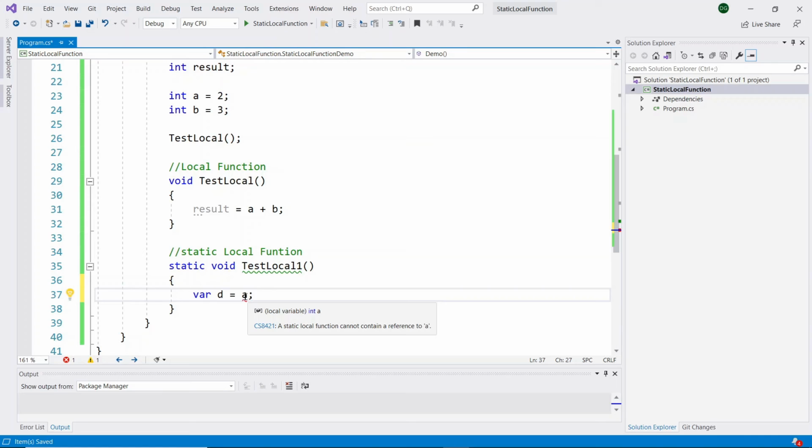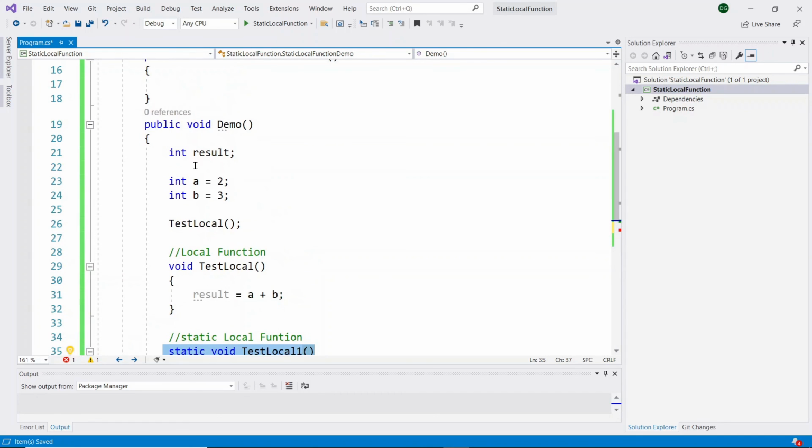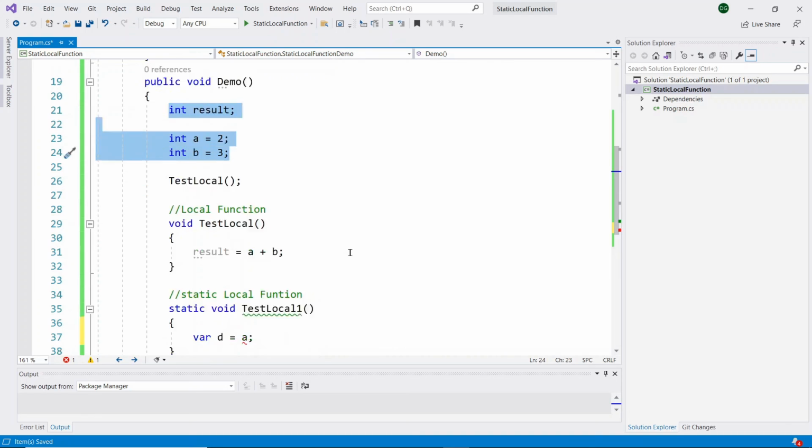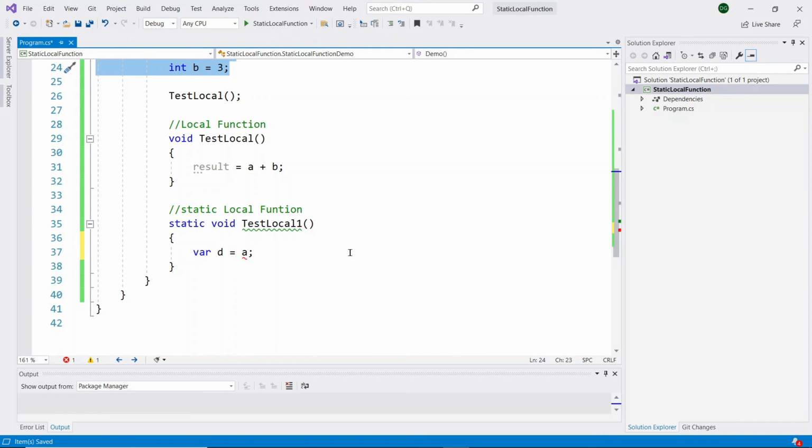So inside a static local function, we cannot access local variables of the method. That is the main difference. Here you can see that inside my test local, I can access integer a and integer b. But in my static local function, I cannot access the local integers inside that method. That is the difference between static local function and local function. Apart from that, there is no difference between these two.